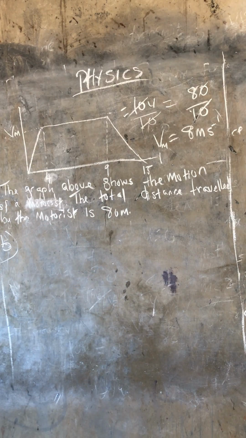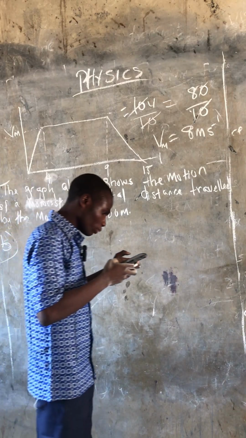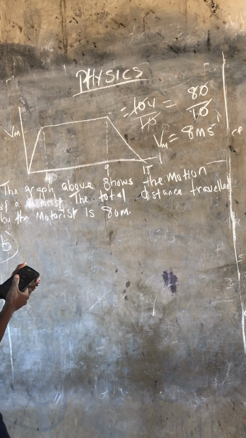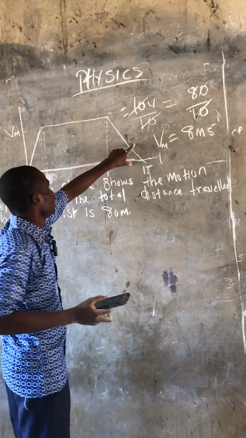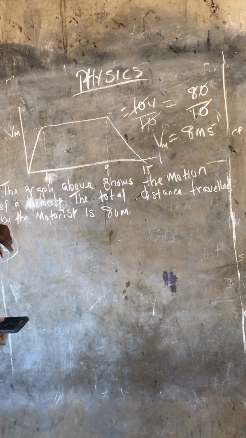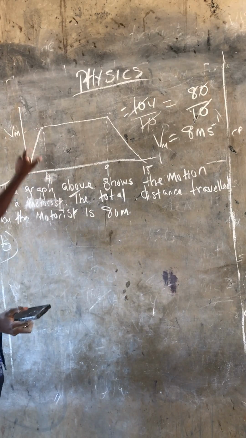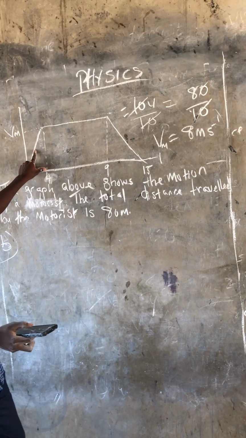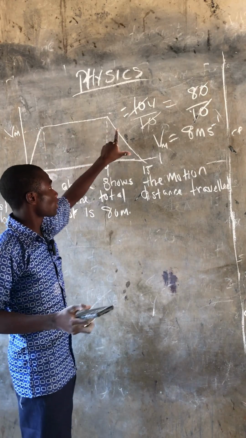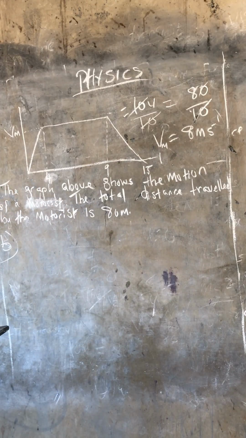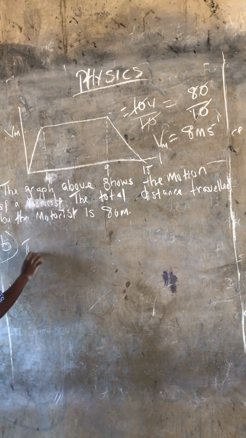So now to calculate the distance covered during the retardation, if I have to determine the total distance, then we have to calculate the areas of this right angle triangle, this rectangle, and the last right angle triangle. So now to calculate the total distance, we can say our total distance